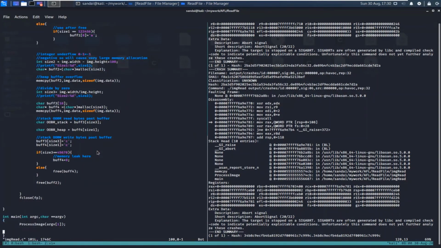So let's go to line 67 and see what is there. 66, yes. So you can see that buffer 4 is getting allocated over here, and the size 3 is 0. Now how come size 3 is 0? Let's see. So size 3 is image width and image height. It means that image width must be 0 in this case, that's why it's becoming 0. And so malloc fails over here, then you do a mem copy.